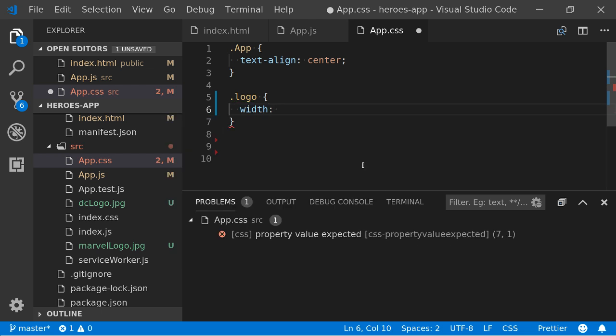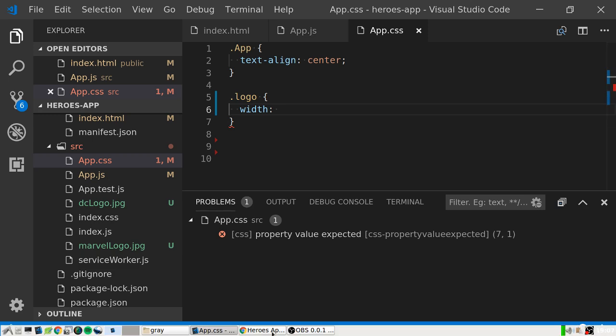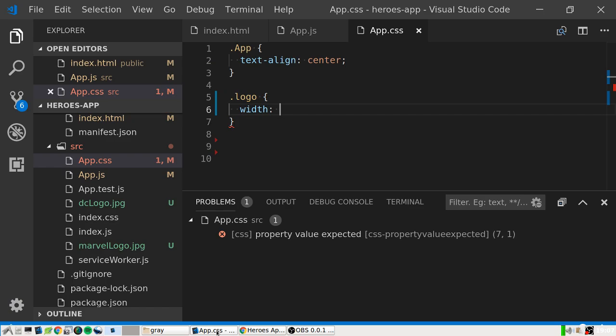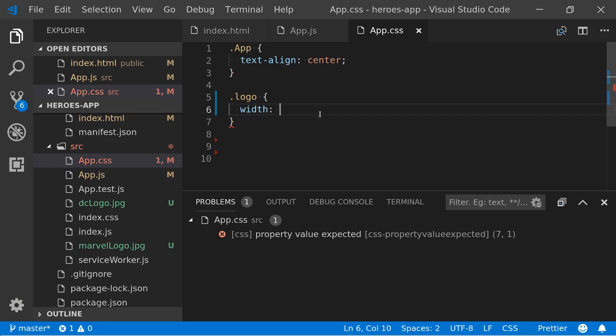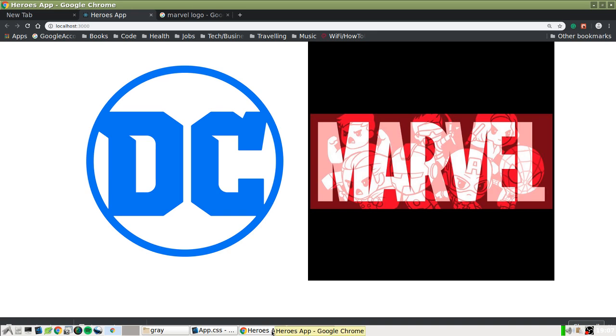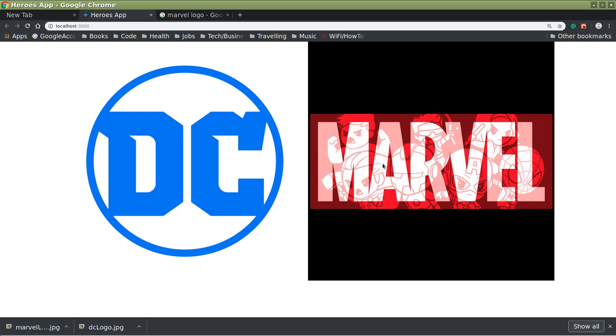So what sort of style should we have then? Width, yeah. So what sort of width do you want? Mine didn't look too bad actually, but I guess yours looks slightly different for some of you. So maybe you just want a 40% width or something like that. What will that do? Yeah, it's made mine a little bit smaller, so each element now is just 40% across.